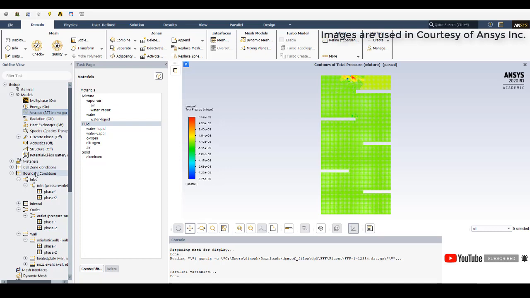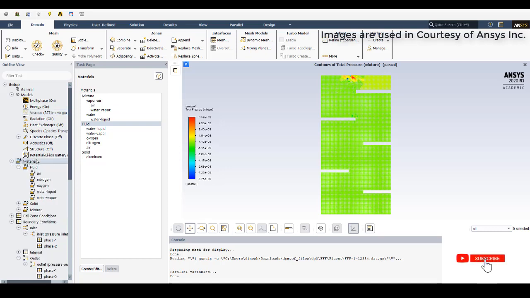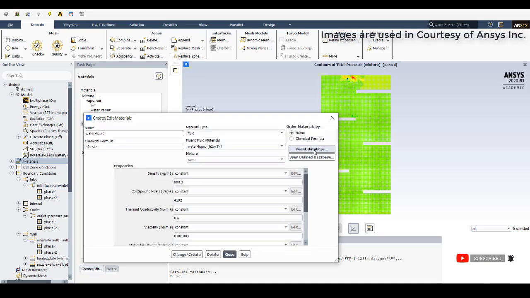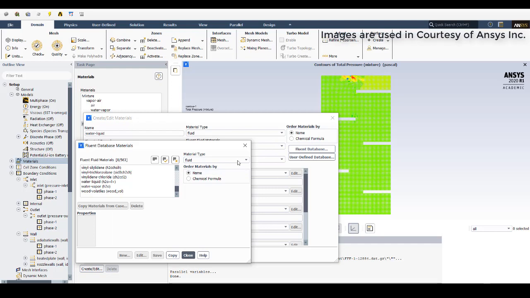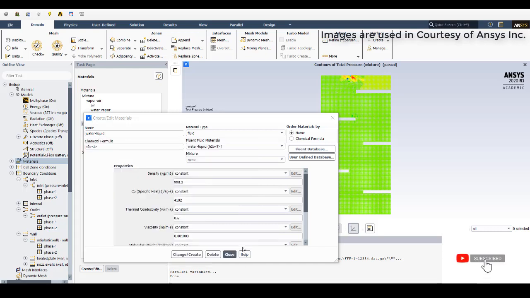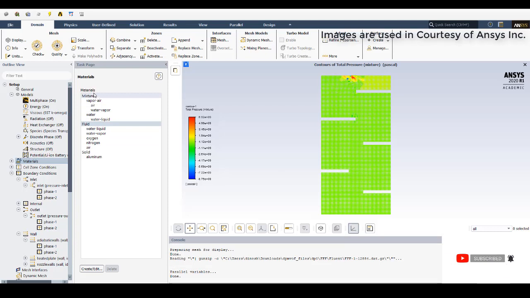Then after you activate it, just go to materials. Now you can see a tab which is mixture model. So go into fluid database, get to mixture, select any of these, you can edit again, but I have selected the mixture template, click copy, close, and now get into the mixture template,